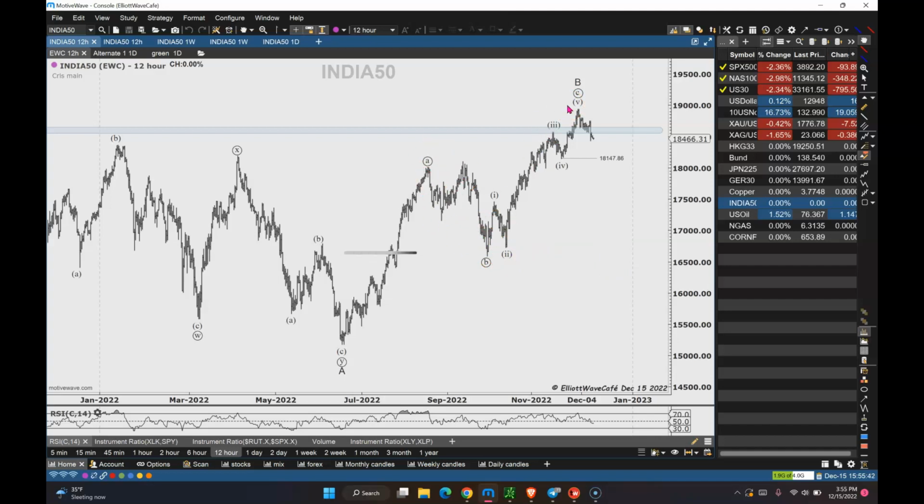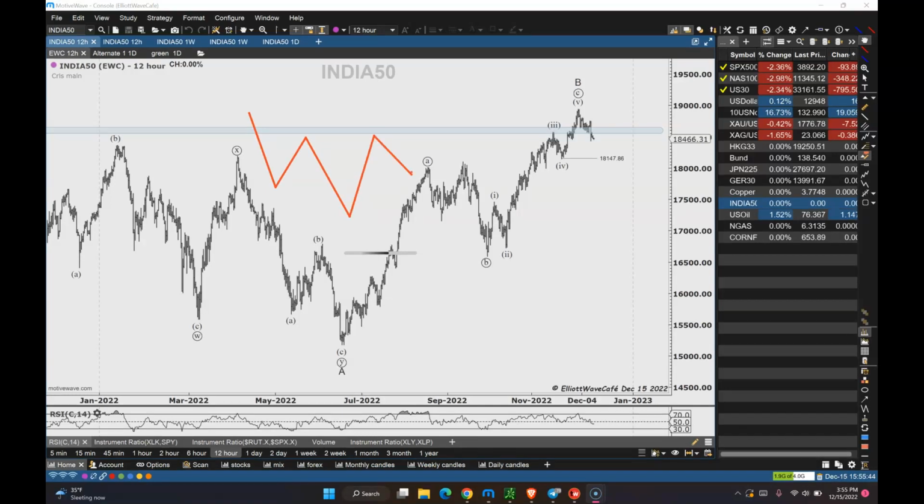Now, you could have a flat or you could have a running triangle. Always remember that anything that starts in 3 waves like that, and then moves 3 waves higher like that, right? Could be either a flat if you're coming lower in 5 waves, or it could be a running triangle where, let me just delete this and do this one more time, you go A, B to a new high, so that's a 3-wave move, and then C, D, and E, and that's a running triangle, and you are moving to new highs.